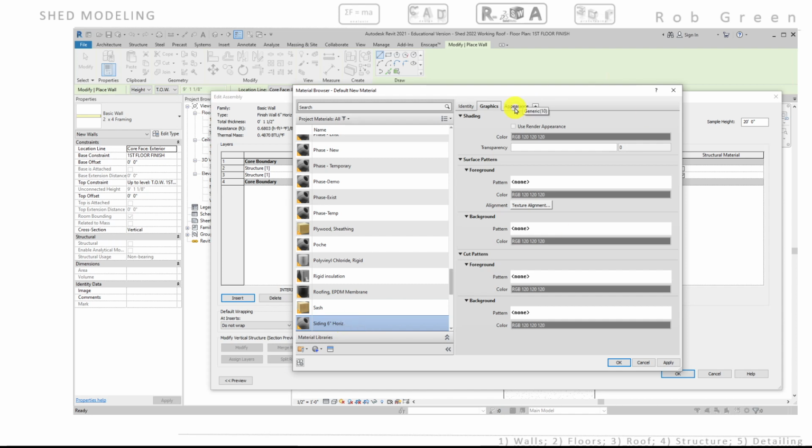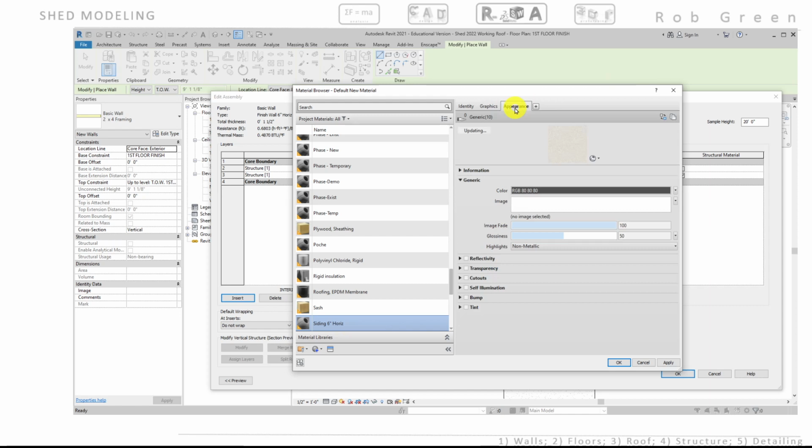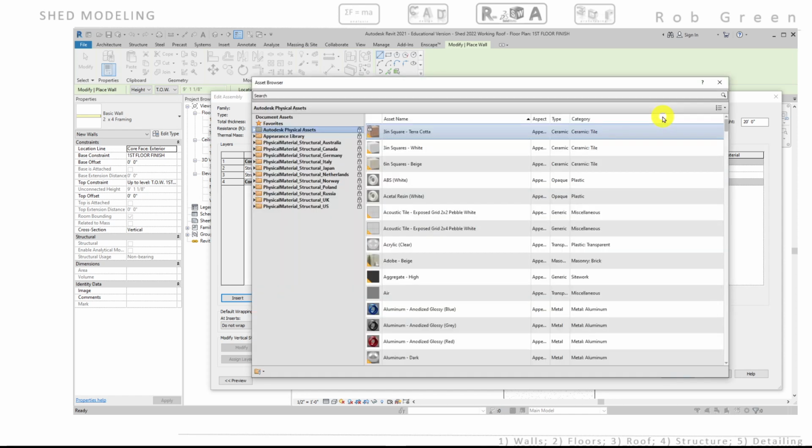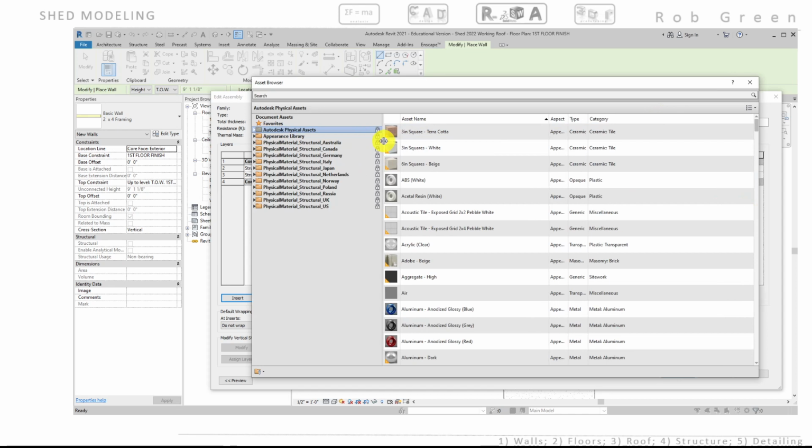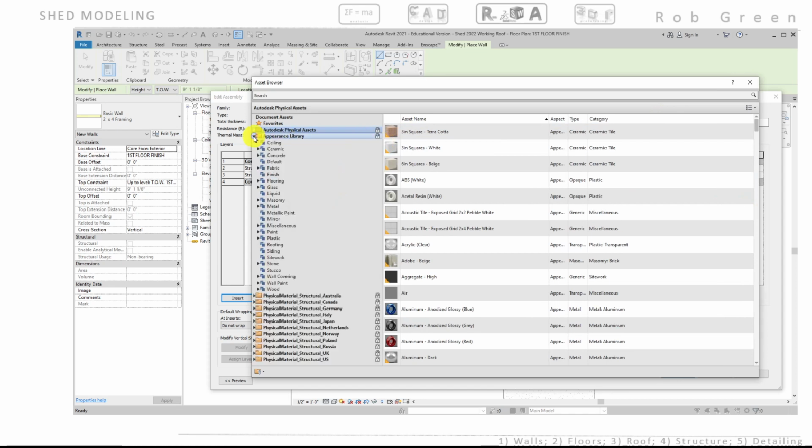I'm going to come over here, click on appearance, and change the appearance. Right up here on top is the option to reassign this asset or get a new appearance, so I'm going to click this rotating boxes icon. I get a new dialog box. Yours is probably smaller, so spend a second to drag it and get your columns so that you can see them. And I'm going to expand my appearance library,